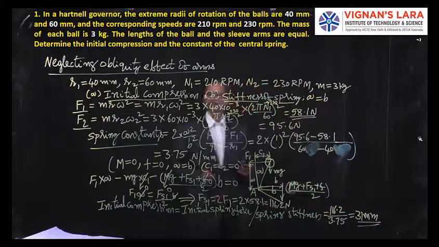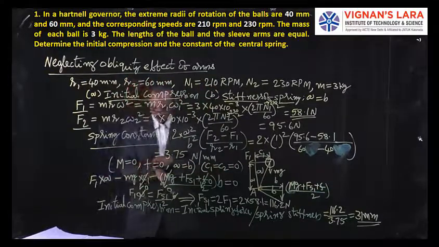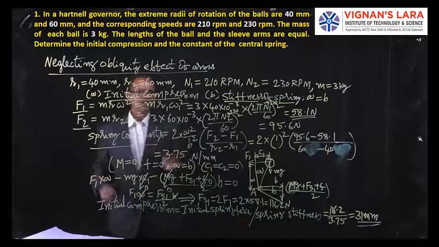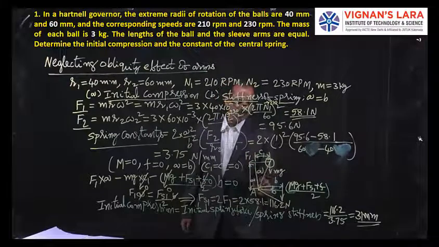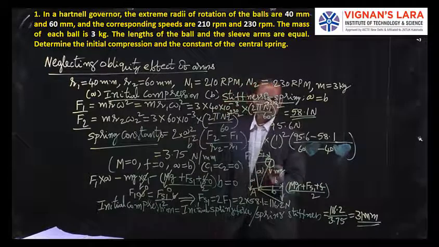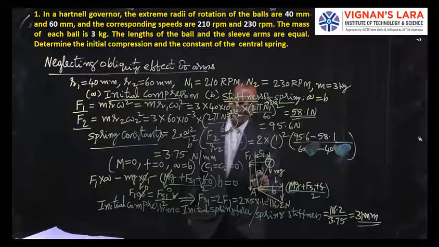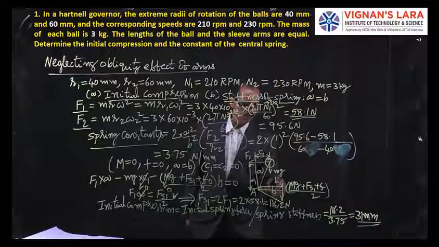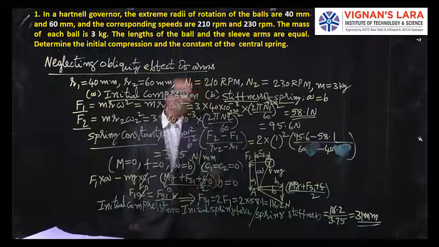31 mm. So this is a simple straightforward problem, that is, neglecting the obliquity effect of the arms. So what is neglecting the obliquity effect of arms? That is nothing but when it takes positions inward or outward, the projected length is assumed the same as the original length of the link, that is A as well as B. Suppose if you consider it, then this A will become A1 and this B will become B1. Similarly, at another extreme position, A will become A2, B will become B2.